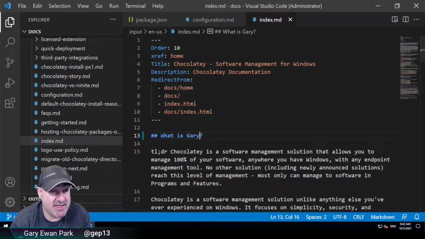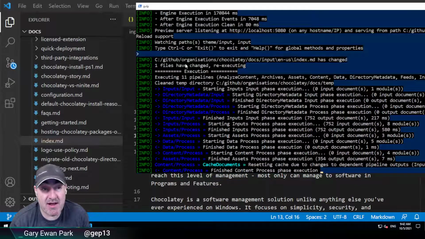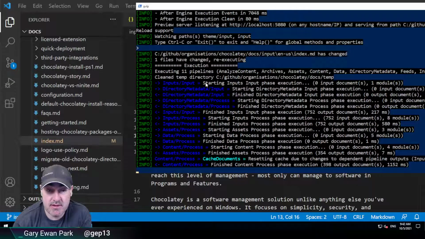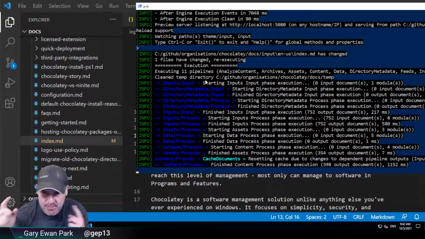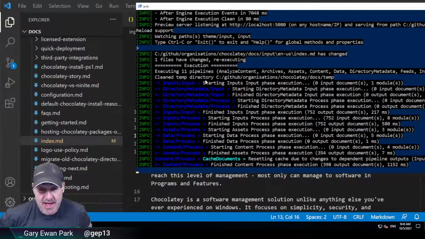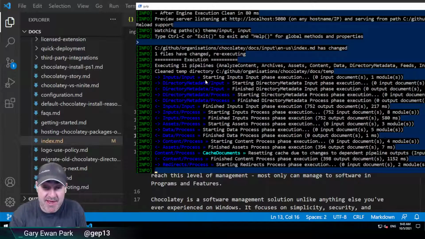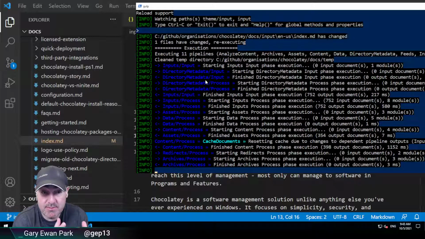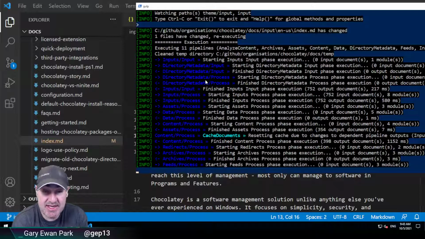So if I go ahead and hit save there, what's happened in the background is that Static has identified that change has happened. It's then going to rebuild the site, and at that point, it's going to reload the browser with that change in play. So this is the benefit. This is the real benefit of bringing it down locally and having access to the preview script, because we get to see those changes in, like I say, not real time, but certainly